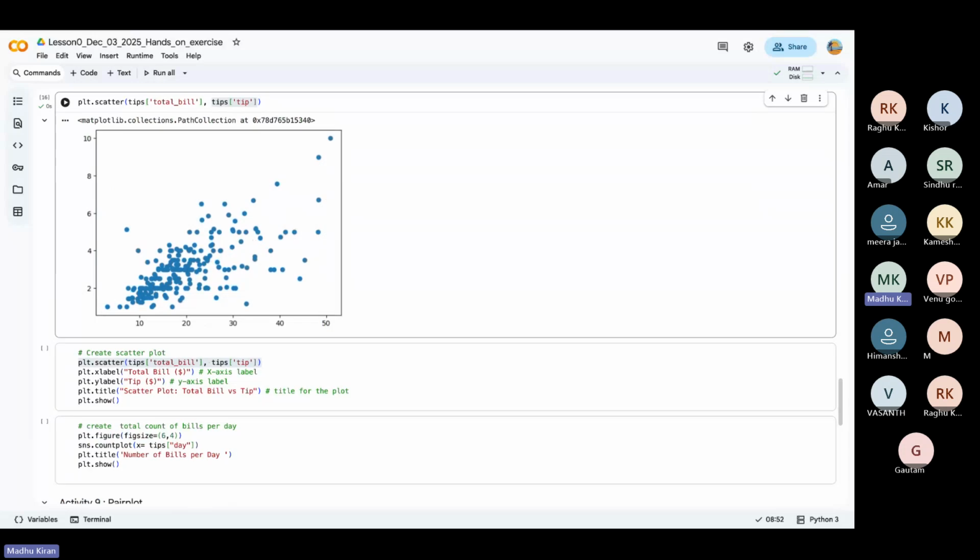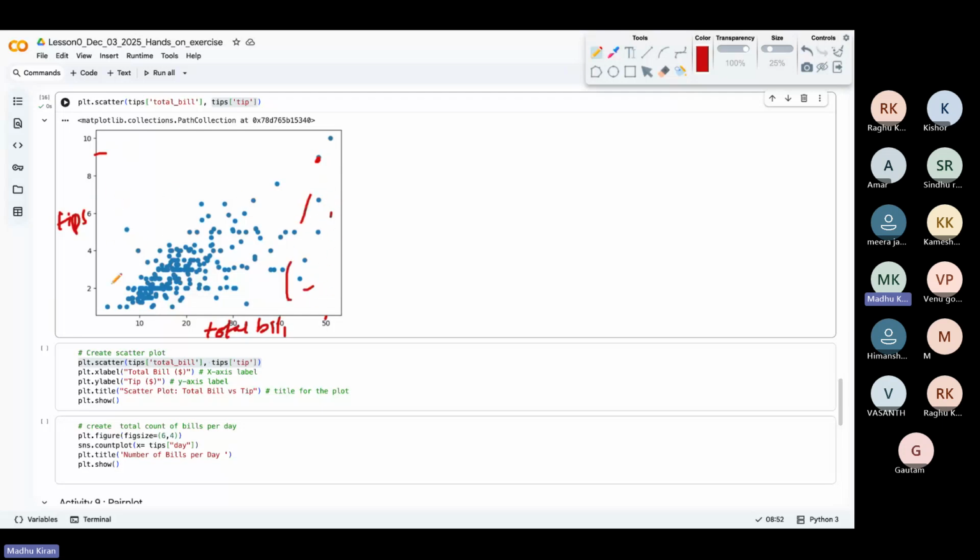If you have forgotten about linear relationships, or have no idea what is happening, don't worry. We'll go from the very basics in the classes. So you can see a linear relationship. As the total bill is increasing, there is some relation with the tip also. The tip is also increasing. We have total bill here and tips on the y-axis. If the bill is $50, a person usually gives a tip around this range. There are multiple people around this range, but they have different ways of giving the tip.